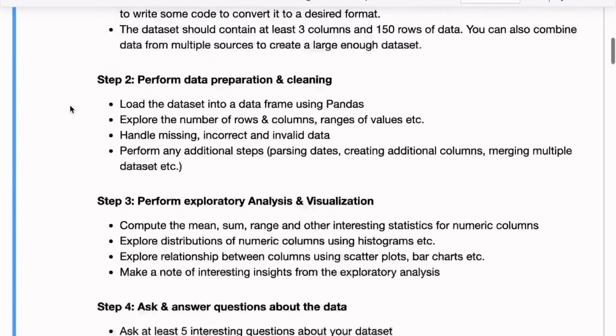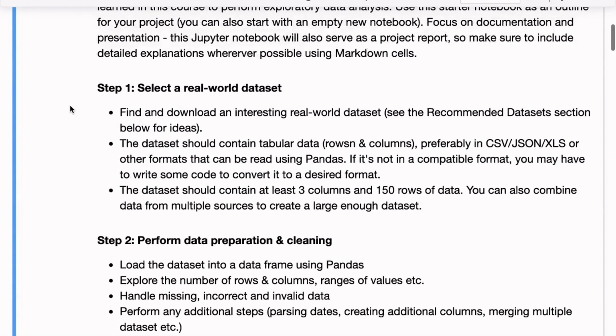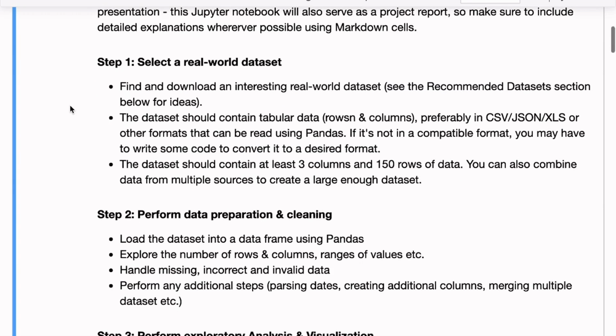All right. And in this entire process, from let's say step 2 to step 5, all of this will happen in the Jupyter Notebook. So document your Jupyter Notebook, write detailed explanations, use the markdown cells, use the markdown syntax, use headings, use bullet lists, use tables. So there are a lot of things you can do with markdown. So just make it a point to make it as nice as possible, because when you send this notebook to somebody, you want them to look at it and be able to understand what's going on, and also really appreciate the effort that you have put in.